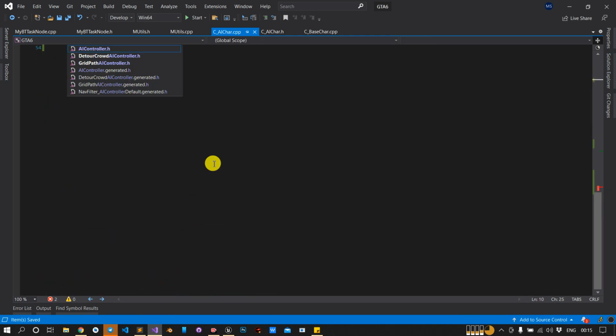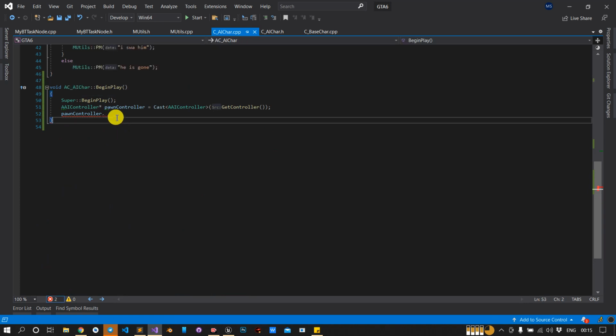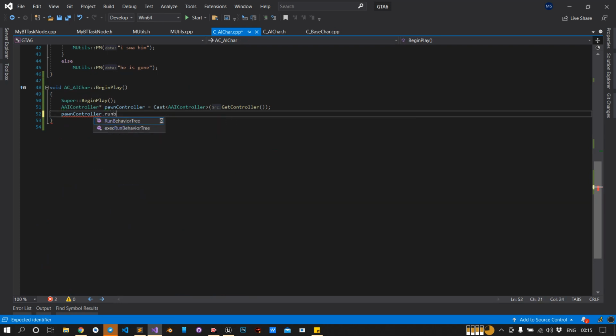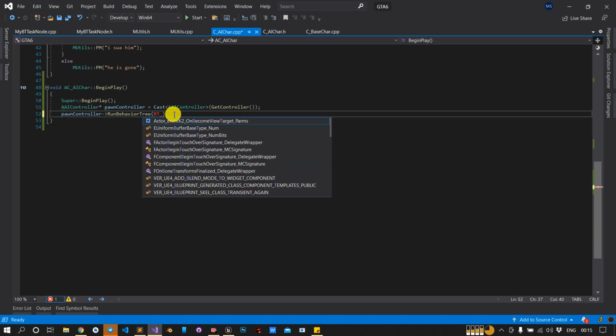Okay, perfect. So now I can access this, dot RunBehaviorTree. Now I have to give a variable of type UBehaviorTree, which we don't have, so we will create it. UBehaviorTree BT_AI.